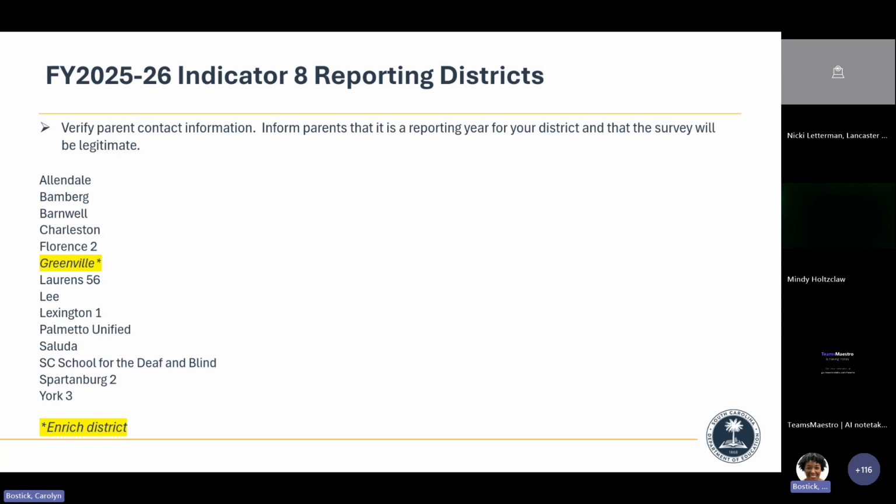As always, because of Greenville's population, Greenville is surveyed every year over the 6 years, so we use a sixth of their population every year. So once again, to get a head start on your parent contact information, we're looking to include that in the child count report.